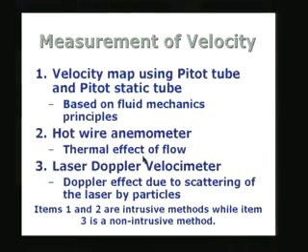to increase because of convection, and if the heat transfer coefficient increases, for a given temperature it can dissipate more heat, or if you put in a given amount of heat, the temperature of the element is going to become smaller. If the temperature changes, the resistance of the element will change, and this change in resistance can be measured as a change in the temperature. Change in the temperature can be ascribed to the velocity of the fluid. So, the hot wire anemometer is a thermal effect meter. Thermal effect of flow on a hot wire element is what is used in the hot wire